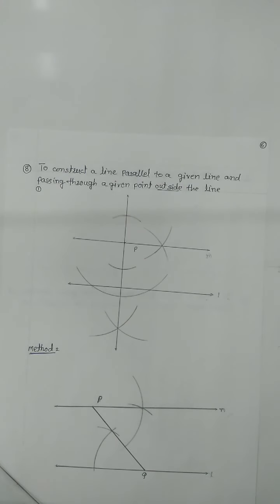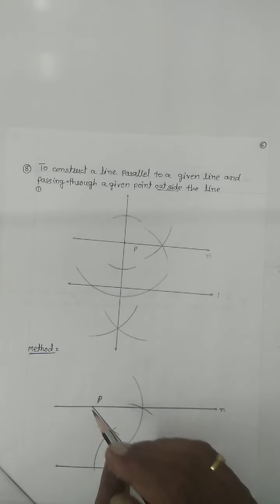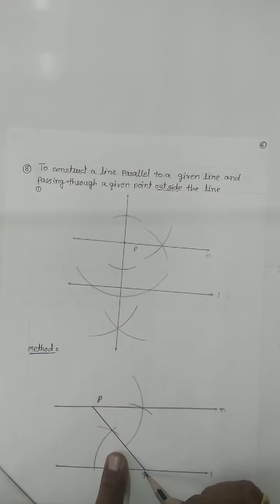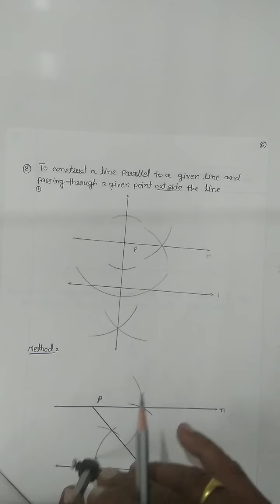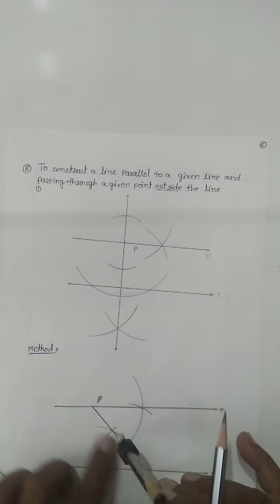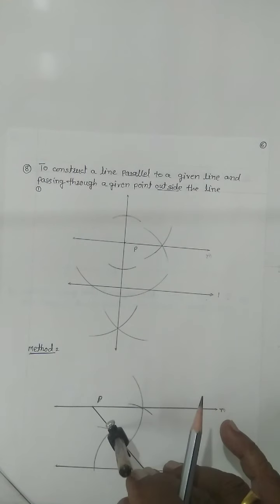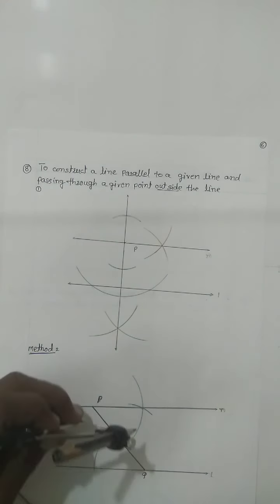Now we draw the angle. We get this angle after joining this PQ. We get one of the angles. We must draw the same angle as here. So we take some distance between these 2 terminals of the compass and draw the arc. This arc intersects this ray and also this PQ. Put this distance as it is.